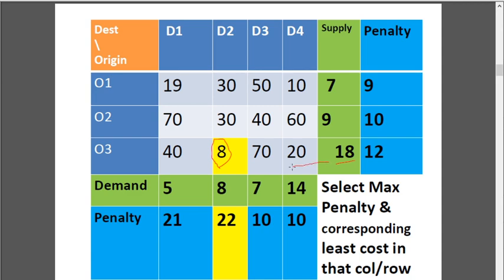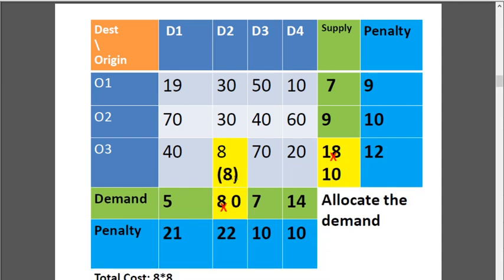So out of the 18 units I have at the origin supply, I should allocate 8 units for the destination. Now the demand becomes 8 minus 8, 0, and the supply becomes 18 minus 8, that is 10. So the remaining supply is 10.